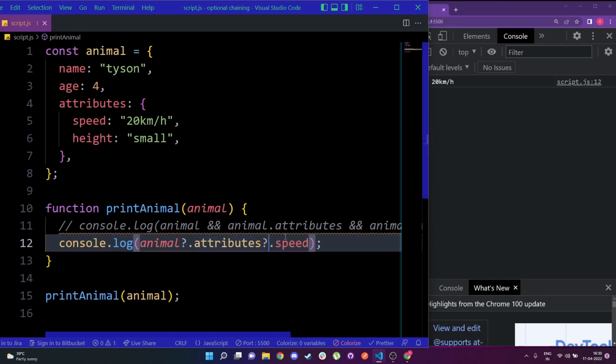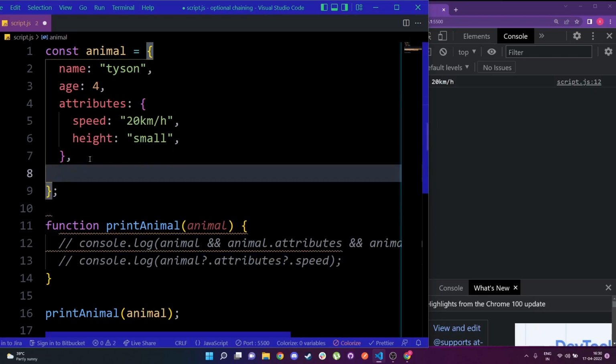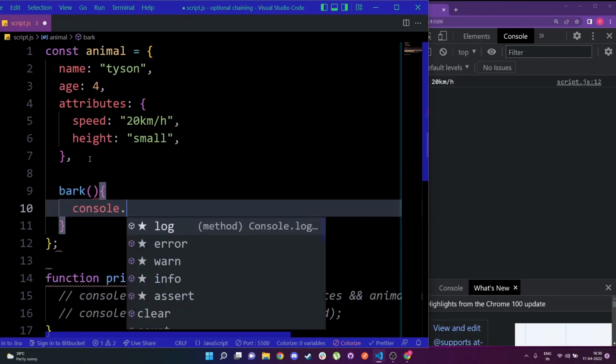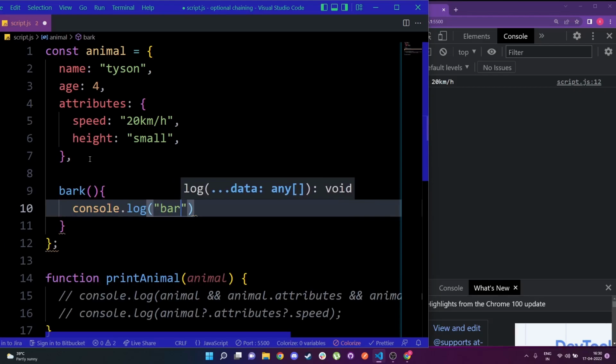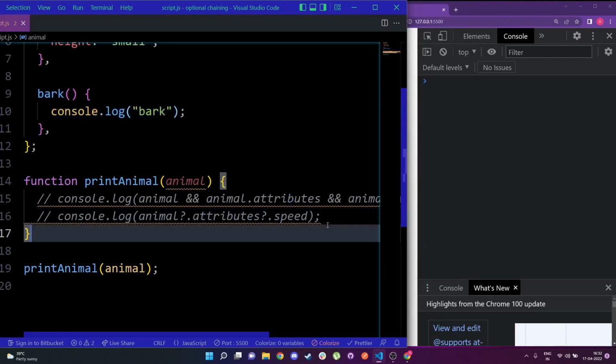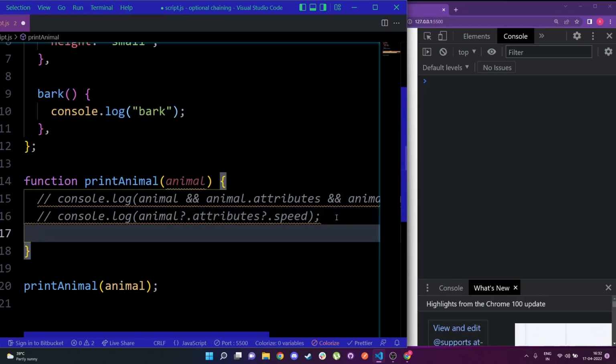Do the same over here. So now optional chaining can also be used for functions as well as arrays. That's what makes it more special, that it can even be used for all those properties. So what I mean by that is, I'm just going to console log this part out, and I am going to create a function over here, and I'm going to call it bark. This will do nothing, but it will do console.log, and it will say bark. All right, so after writing this function, all I have to do is I'm going to go down here and I'm going to write